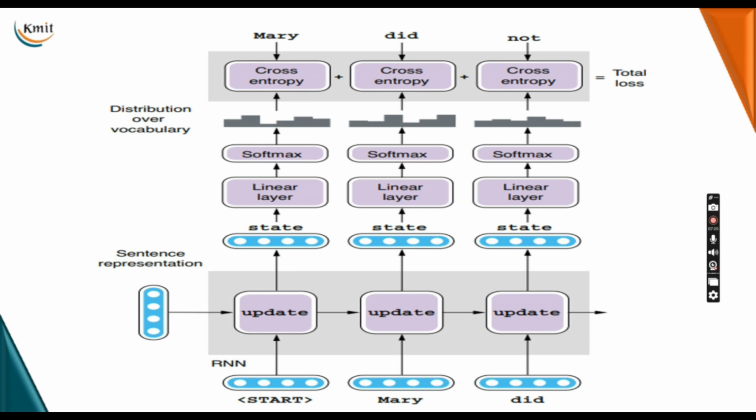Now if the input is Maria no daba, and we continue with something else after that, we would like the decoder to produce its English equivalent, saying Mary did not slap, or whatever it is. For example, let me take only three words. Maria no daba, which means in English Mary did not. Now this means that we would like to maximize the probability that the first RNN cell generates Mary